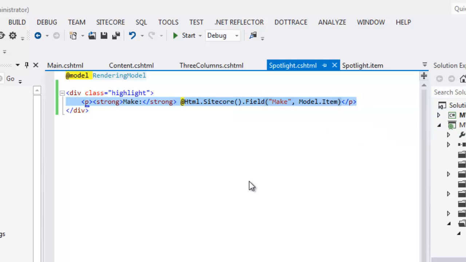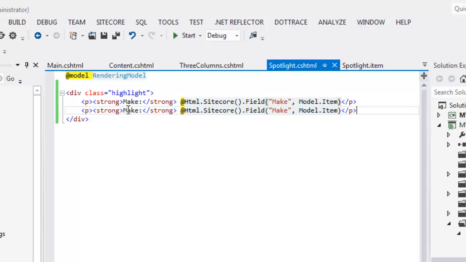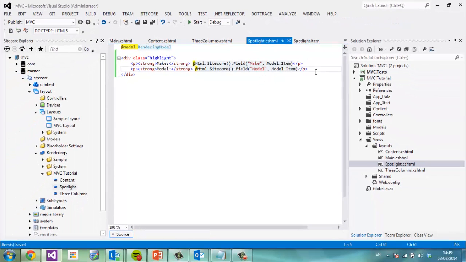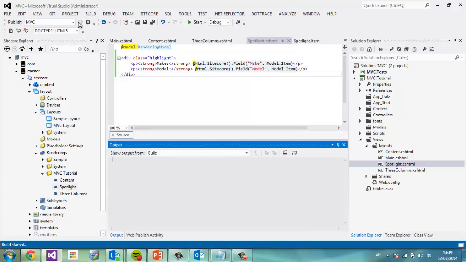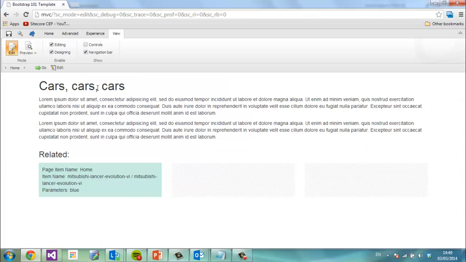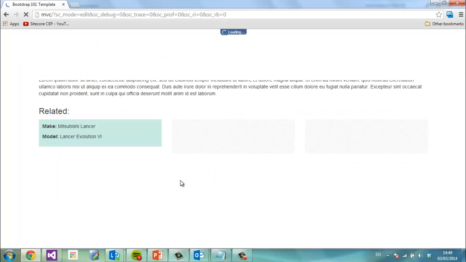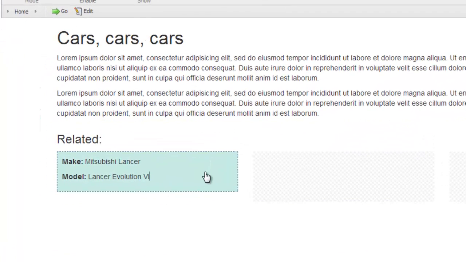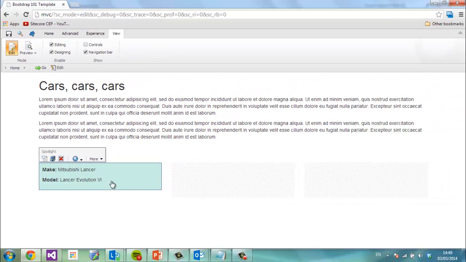Let's do the same for the car model. There. And before we can see that, we're going to have to do a deploy. Let's go and look at our car. Refresh. This component here should change. There we go. It's now outputting the make and model of its data source, and we can prove that by